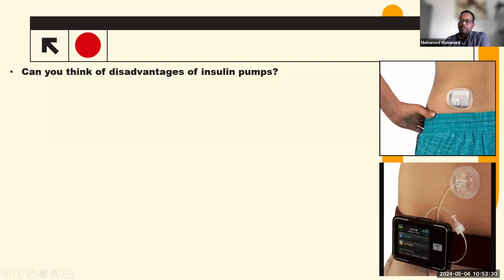The patch pump does not have this feature. So it sends the information to an app in a smartphone that has similar features to what you see here. So you can play with the settings using your telephone app. And this also affects